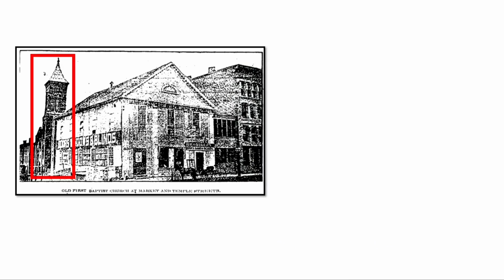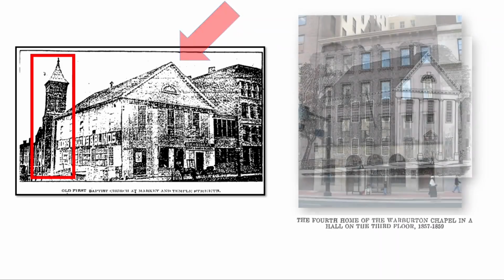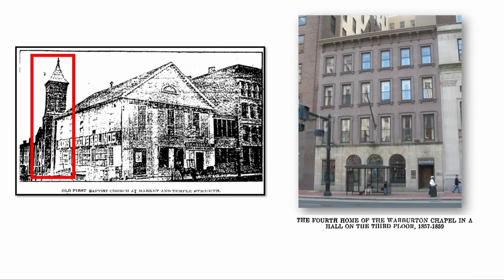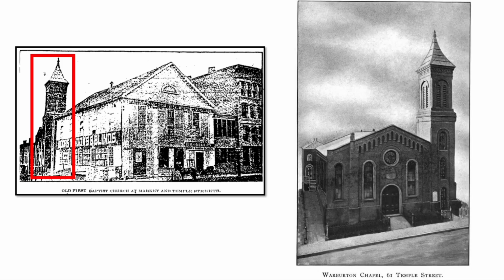It had its origins in a Sunday school and mission church started in 1851 to serve the children of Hartford's East Side. The school occupied various spaces in its earlier years, including a brief period in the former Baptist church I just talked about. It also spent 2 years in the surviving building at 6 Central Row, and then 7 years in Washington Hall on State Street, a building I mentioned in a previous video about the area where the Phoenix building stands today. Called the Union Sabbath School, it finally found a permanent home in the new Warburton Chapel